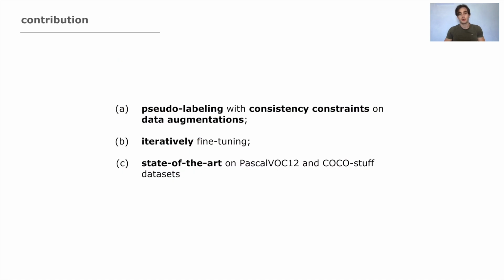The main contribution of our work is a self-training pipeline to obtain strong supervision for unseen classes from unlabeled pixels by enforcing consistency constraints on data augmentations. We show that a model fine-tuned through such a process progressively enhances its ability in predicting unseen classes and consequently the quality of pseudo-labels. We extensively analyzed our approach on the Pascal VOC 12 dataset, both excluding and including the background, and the COCO-Stuff dataset, demonstrating that our model stands as the state of the art in generalized zero-label semantic segmentation. So let me describe our model in depth.